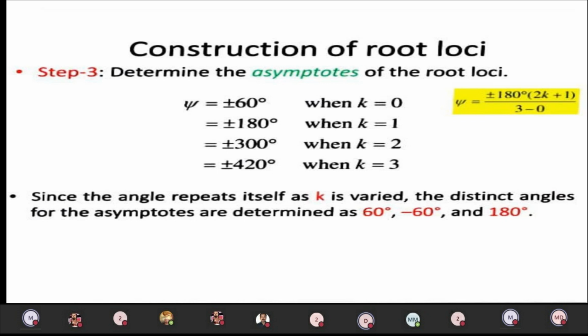One more angle is 180 degrees. 180 degrees is almost a straight line, therefore we need not consider it as an angle of asymptotes. So the remaining angle is plus or minus 60. Therefore, we have to consider this as the angle of asymptotes. Okay, so like that we have to do the determination for angle of asymptotes, and then we have to